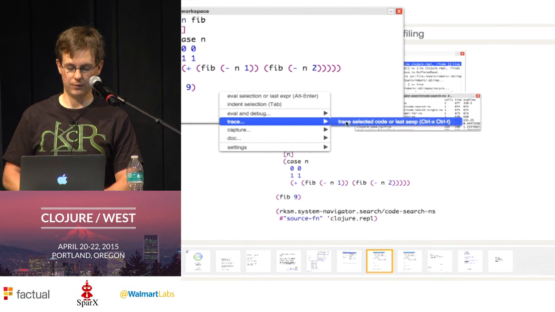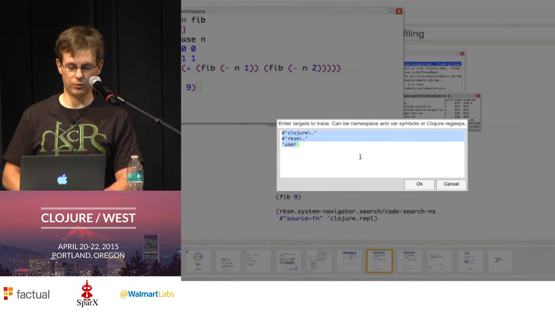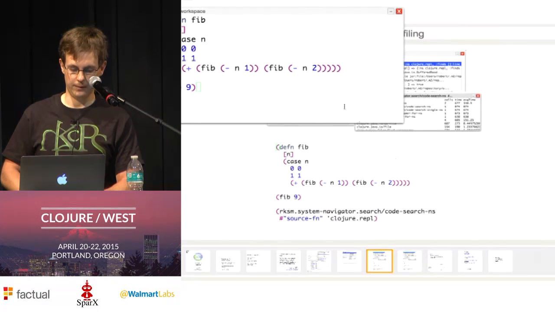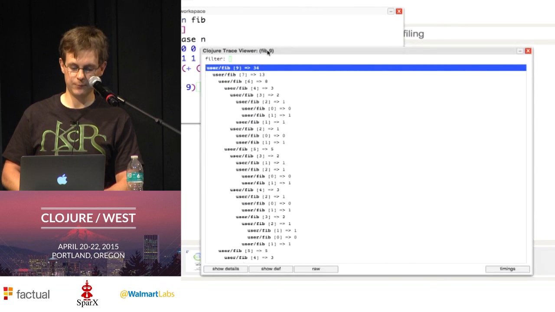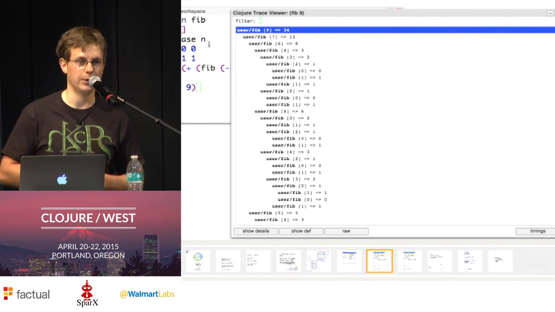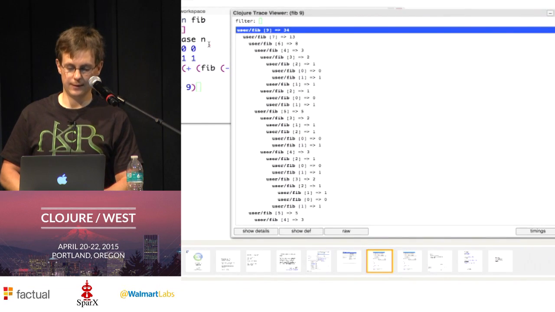So in here, when I trace a Fibonacci call with 9, I am offered to basically trace through the functions of various namespaces. For example, I trace all the functions defined in user, defined something matching Clojure and my own. And when I do that, I get the real trace of the evaluation of that result. So this is basically just a wrapper around the Clojure trace